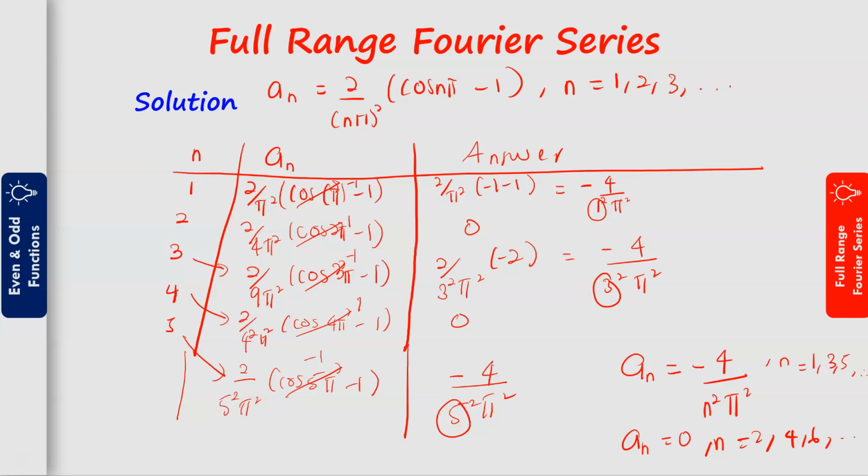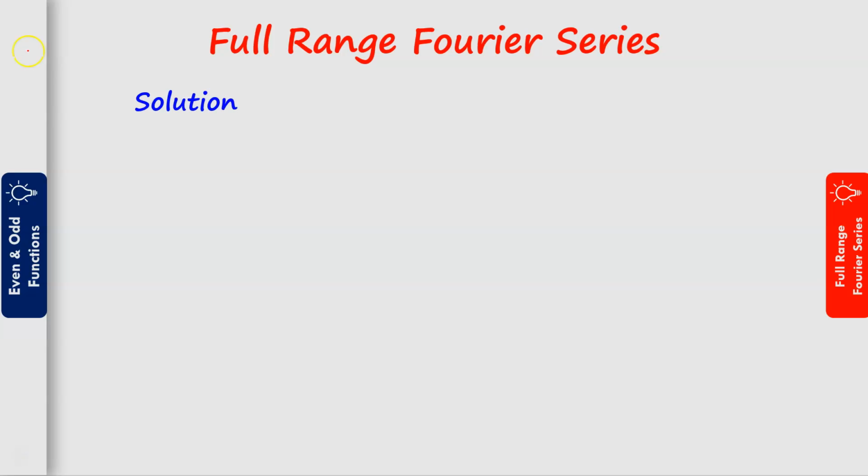And next class, we need to compute bn. It is not yet finished. Now class, we will find the bn. The bn formula is given by bn equal to 1 over 2 multiplied with the integration from 0 to 2, and for the range 0 to 2, the function ft is t. You need to multiply with sine n omega t, where our omega is pi over 2, that is sine n pi over 2 t dt plus the